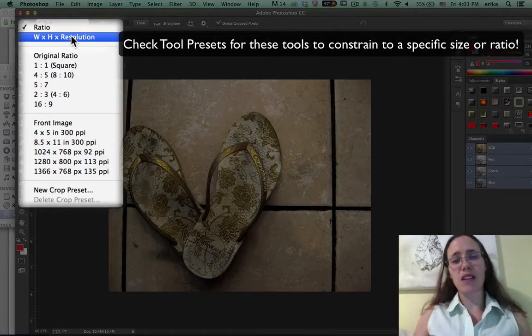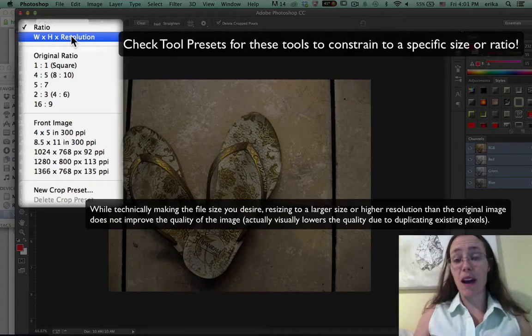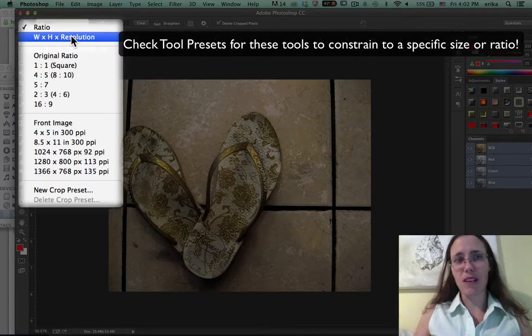This I've used in a pinch if I accidentally created something at the totally wrong size, and it helps me resize everything. Just know that if you change the resolution to a higher resolution, while the file will technically have that resolution that you designate, it won't look better. It's just copying pixels and trying to make it look good. Okay, so